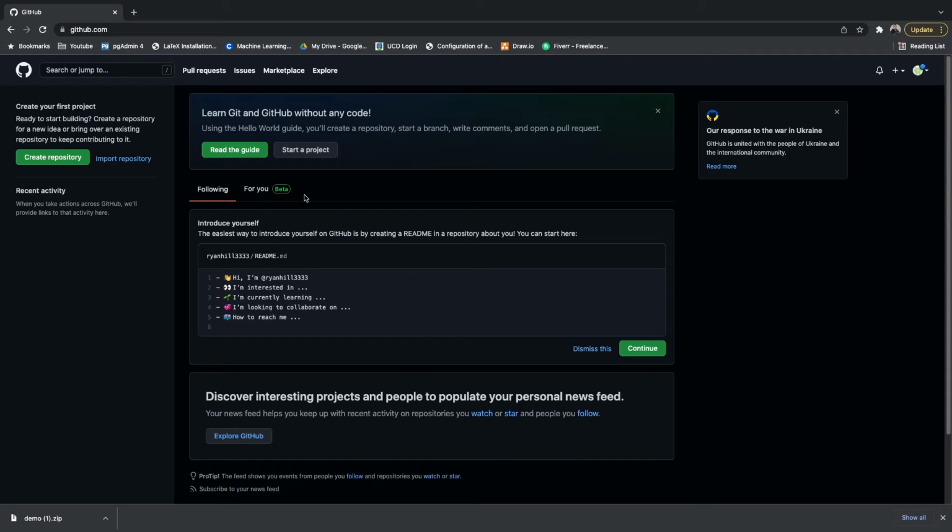The next thing to do would be to start a project. So the idea of GitHub is that it's a place where you can go and store your code, and you can make your code public or you can make your code private, depending on what level of privacy you want on your particular repos. You may want to put some of them public so you can show employers, or you can work on them with friends, and then there may be others that you want to just keep private, that you don't want